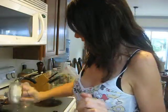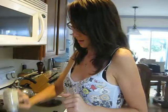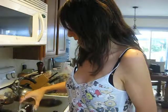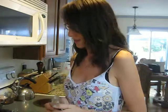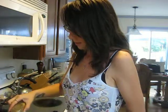And then I'm going to add some sesame seeds. These are raw. Toasted sesame seeds are really good, and actually I'm adding, I didn't even realize this until now, but this is toasted sesame seed oil too. And it does have a different flavor than just regular raw sesame. So I'm adding some of this. That'll be my 5% raw for the day. Because normally yesterday I was 100% raw, but today I guess the toasted sesame oil will put me on the